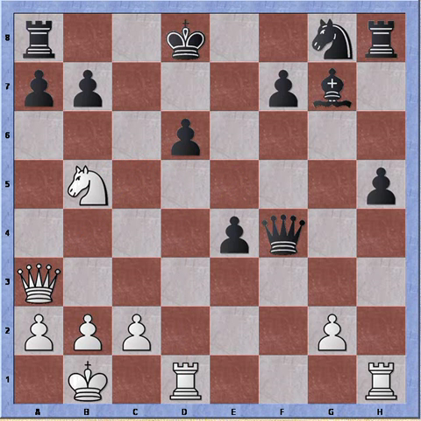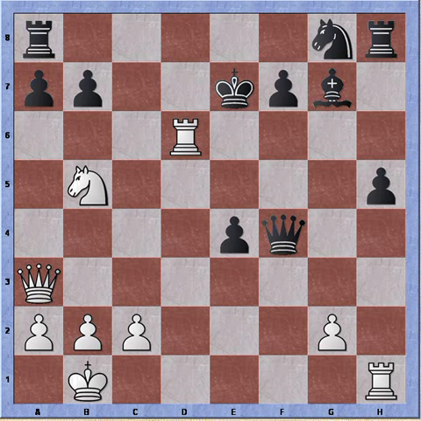So black tries e4, preventing the immediate attack with the queen, but it's just the same problem. Rook takes check, king e7, and now